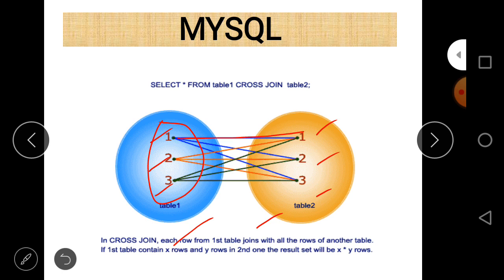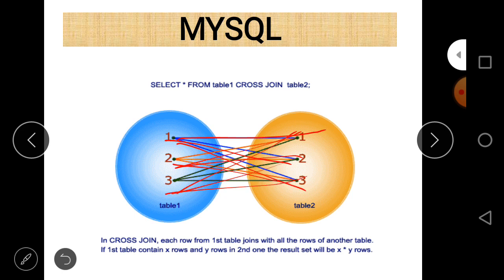We can easily see: 1 to 1, 1 to 2, 1 to 3, and then 2 to 1, 2 to 2, and 2 to 3, and 3 to 1, 3 to 2, and 3 to 3.